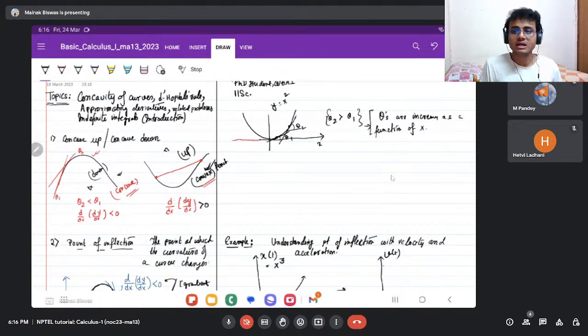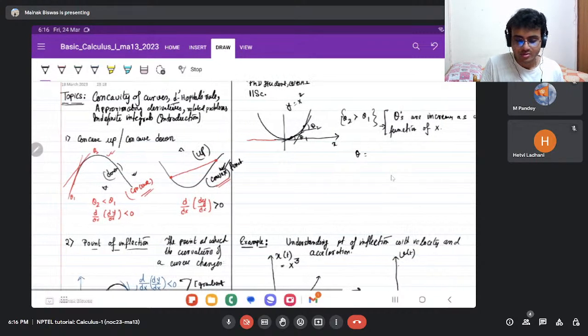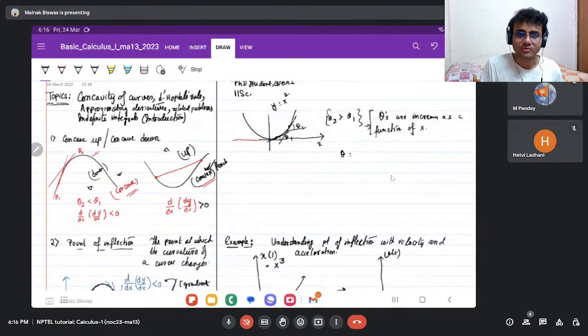What does that suggest? What can theta be written as? Can anyone tell me, say this is x2 and this is x1. So let's write x2 and this is x1. What is the relation that theta of x2 will have with theta of x1? So tan theta of